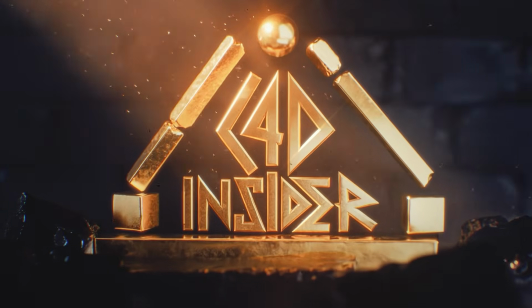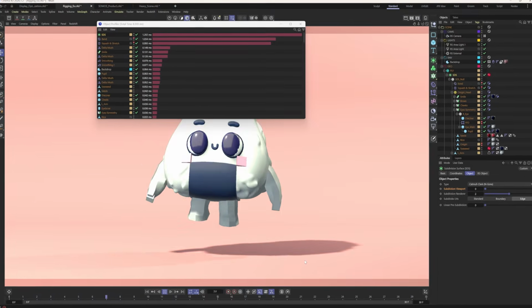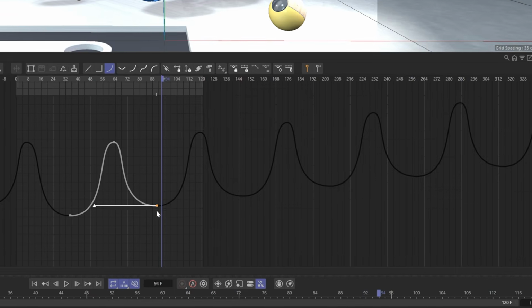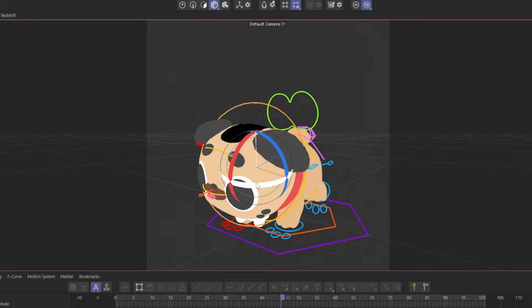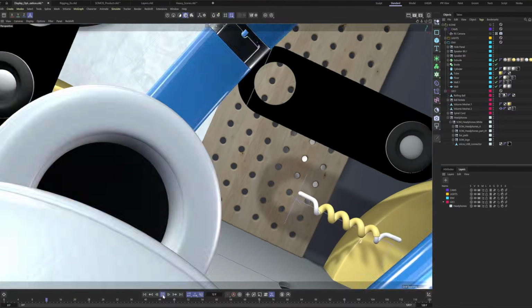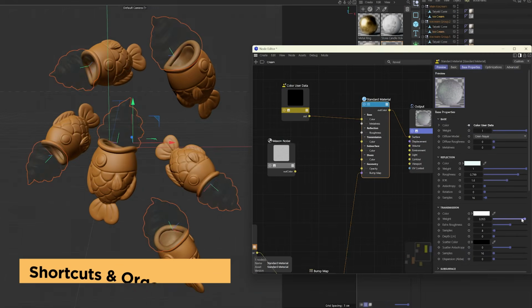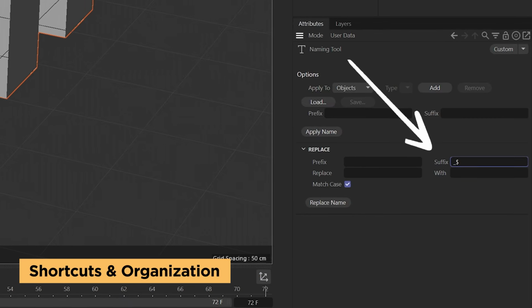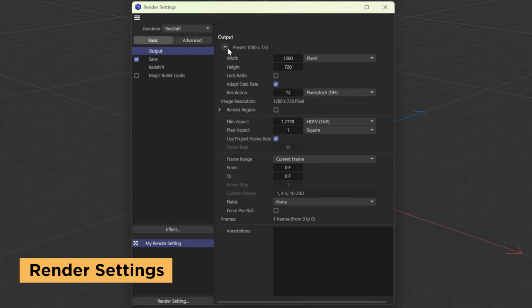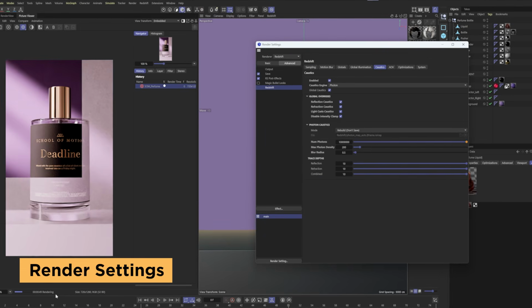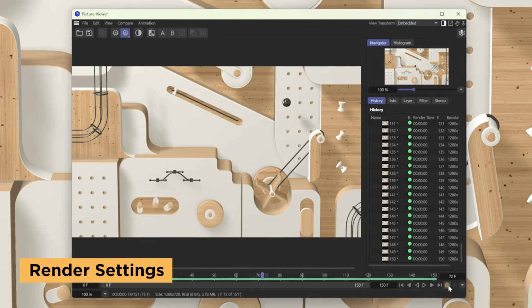Cinema 4D Insider is your behind the scenes look at how pros actually work in Cinema 4D, and it's built specifically for artists who are already comfortable in Cinema 4D and want to work the way the pros do. The hidden shortcuts, the organizational systems that keep massive scenes manageable. The render settings that stop your GPU from sounding like a jet engine just from doing some simple product viz